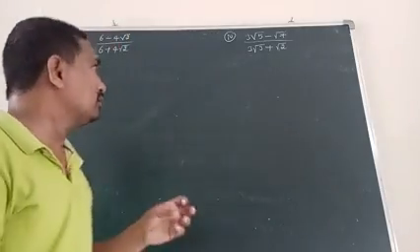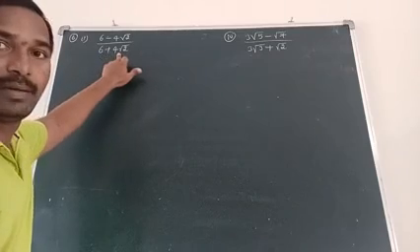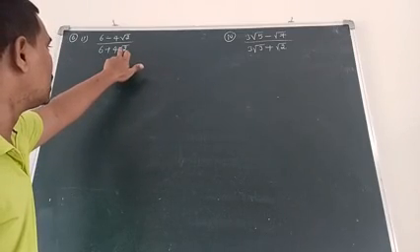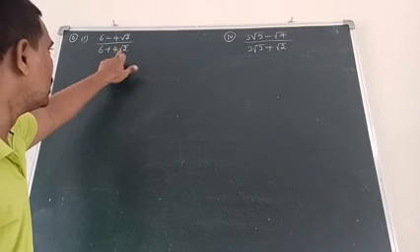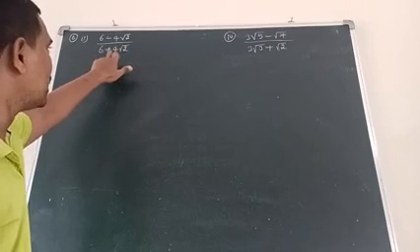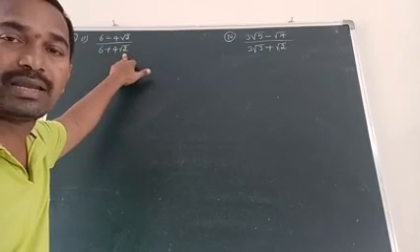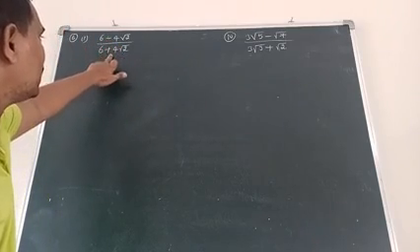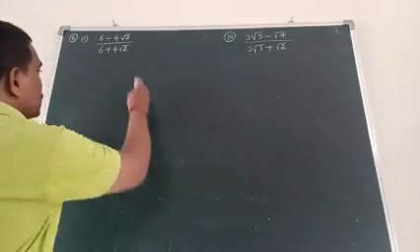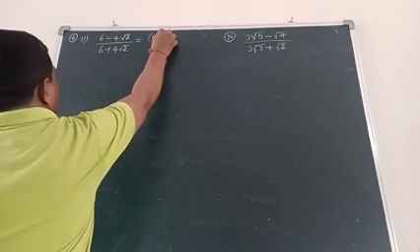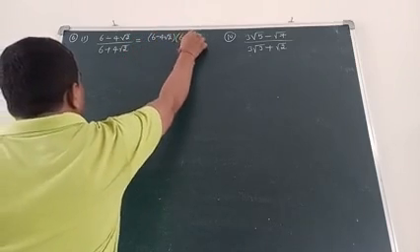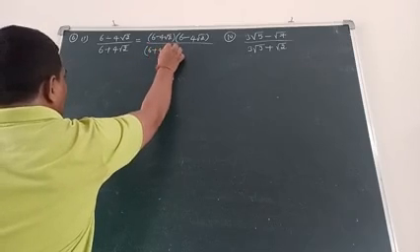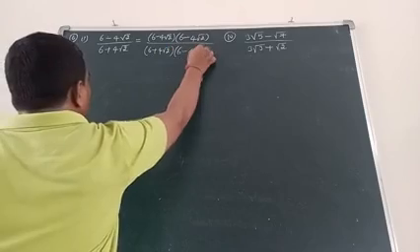Now see here, 6 plus 4 root 2 is the denominator. What is the rationalizing factor of 6 plus 4 root 2? Here, what is the root term, the irrational number? 4 root 2. Keep the first term and take minus, so 6 minus 4 root 2 is the rationalizing factor. So multiply the numerator and denominator with 6 minus 4 root 2. So I am multiplying 6 minus 4 root 2 by 6 plus 4 root 2 into 6 minus 4 root 2.